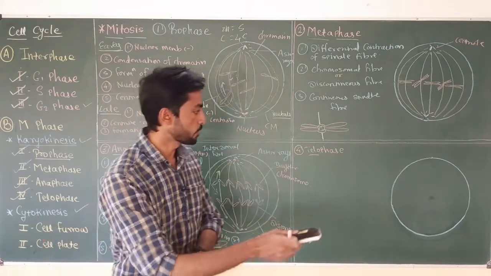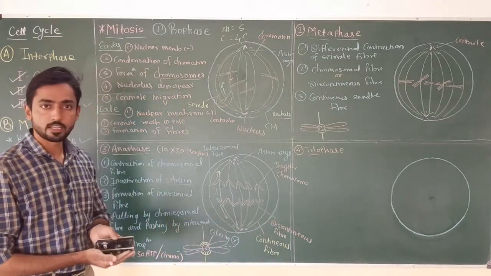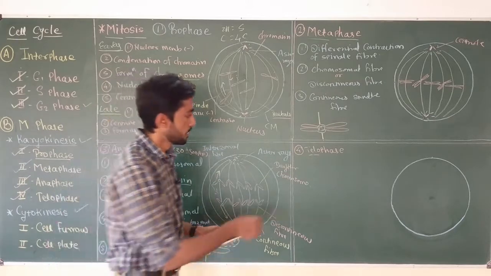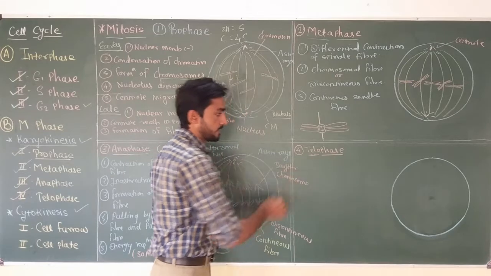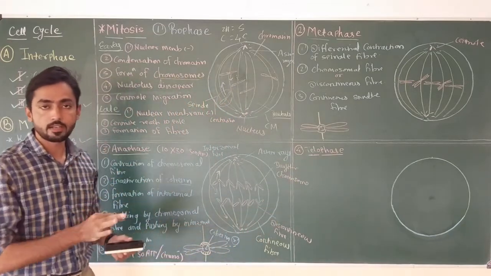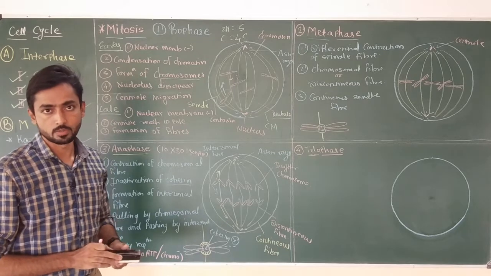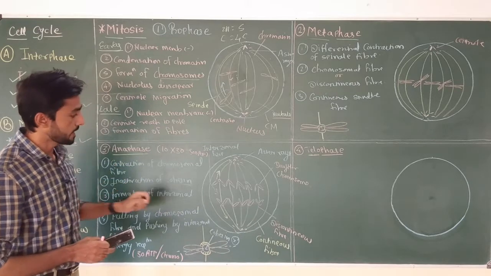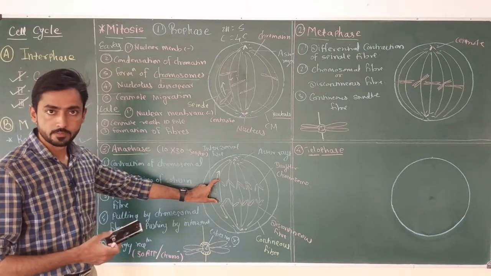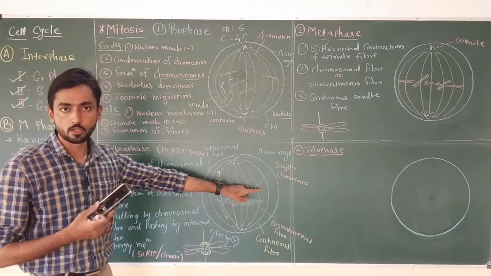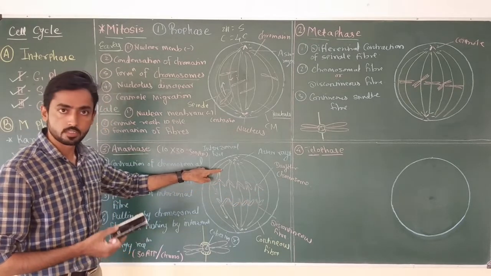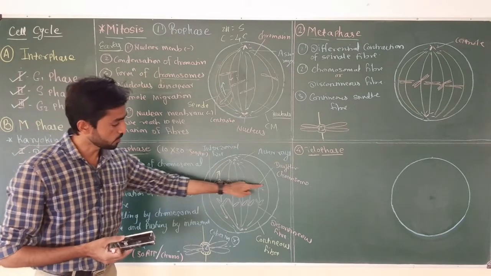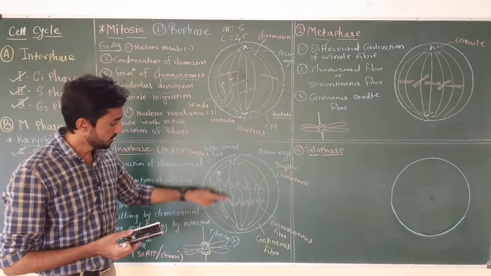In this video, I am going to discuss in detail the different changes that occur in the cell during telophase. As I discussed in my last video, telo means end and phase means stage. This is the stage which ends the process of karyokinesis. Before starting with telophase, I just want to give a quick recap of anaphase. In anaphase, sister chromatids split from one another due to splitting of the centromere, and now due to contraction of the spindle fiber and pushing action of the interzonal fiber, the daughter chromosomes migrate towards their respective